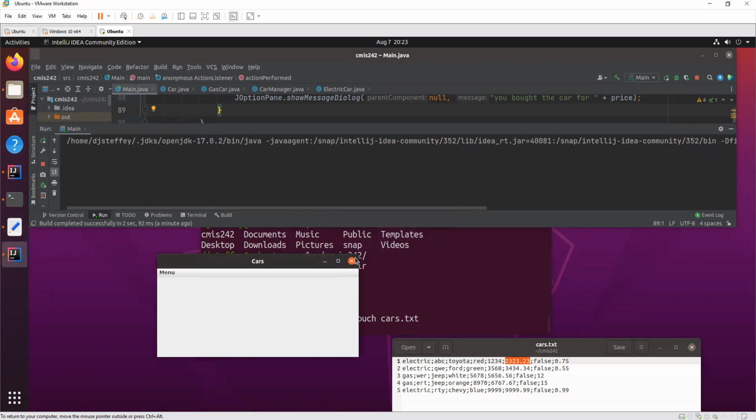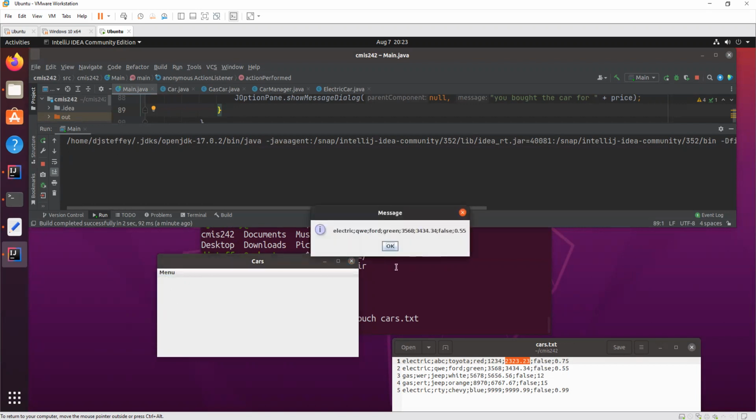And let's make sure it's marked as sold now. If we find the Toyota, we can see it's now true that it's been sold, right? Let's show that example again with the Ford. First, let's find the Ford. Here's the Ford. Right now it's false. It has not been sold.